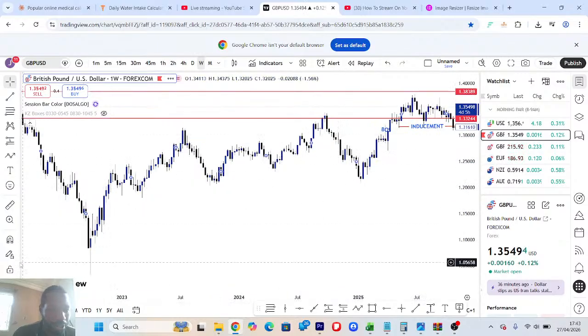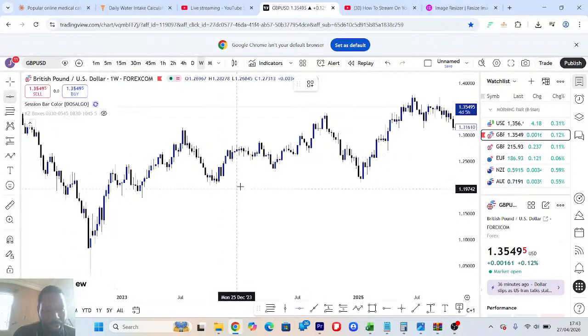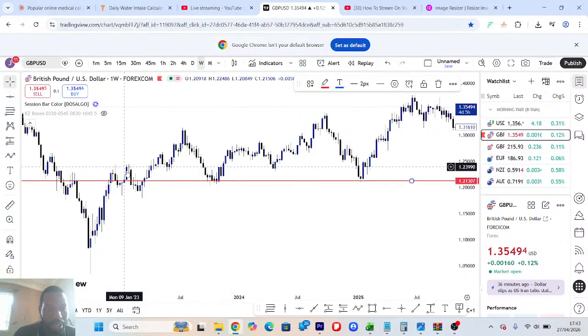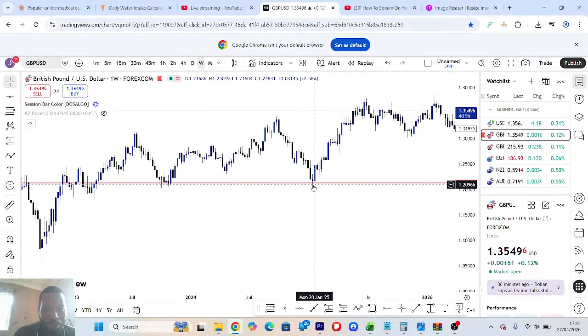Okay. So for instance, let me clear this out. At the weekly time frame, you can see that there's a little bit of consolidation here. So all you need to do is take your line and, for instance, let's imagine that deal was it. There's a little consolidation and market came here. So now market has returned back to this place. Then you wait for a confirmatory entry.